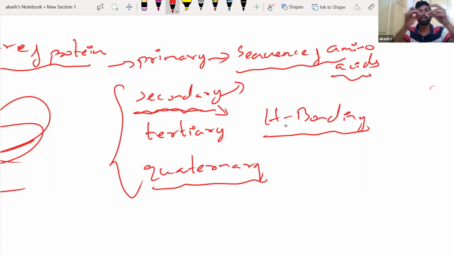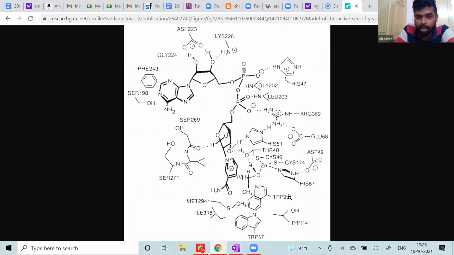Right, now these cannot be in a straight line. Now in the diagram also, if I showed you, you see, they are not in straight lines, right? Why are they not in a straight line? Because they need stability. Each and every individual amino acid will interact with each other, not only through a peptide